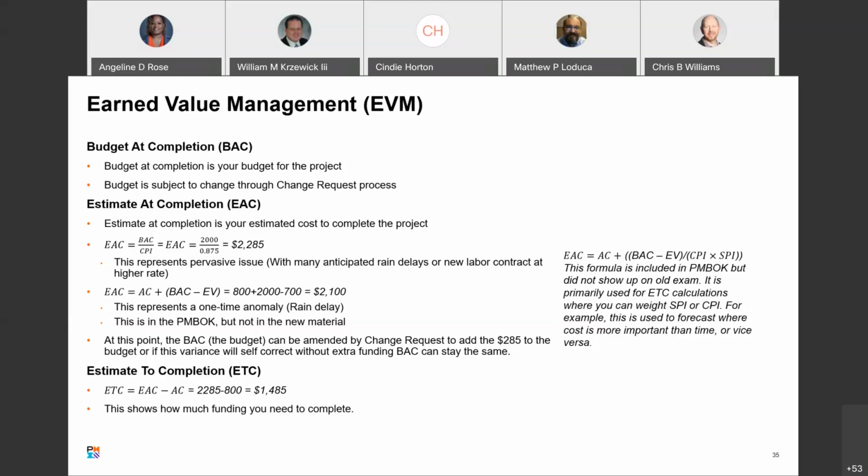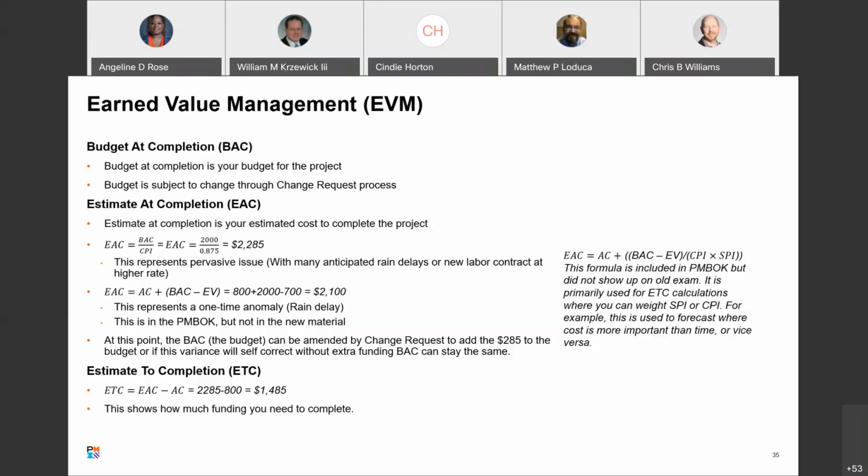All right, so how do you measure that? EAC, estimate at completion, is BAC, budget at completion, divided by CPI, cost performance index, equals EAC is 2,000 over 0.875 equals 2,285. So this is one way to do it, and we'll show you another way. $2,285. So what are we saying? We originally started with a BAC of $2,000. Now we're saying our estimate at completion, we've got to revise it. We need $285 more money,